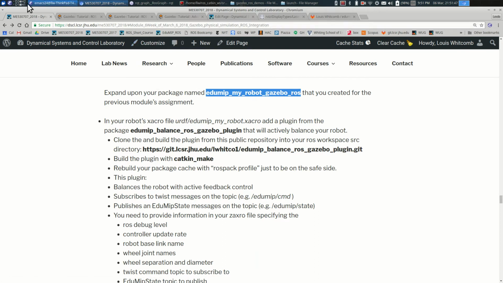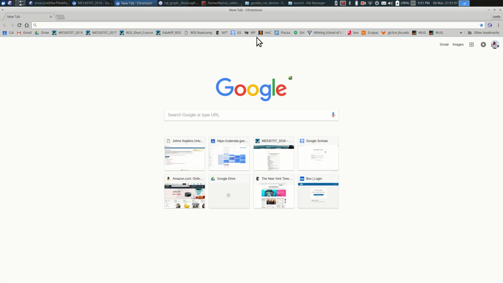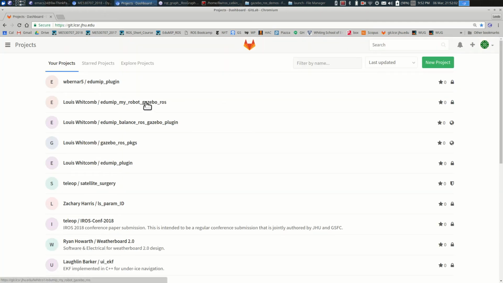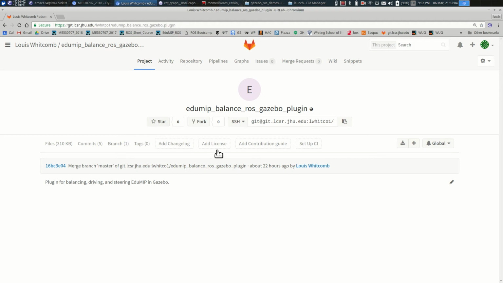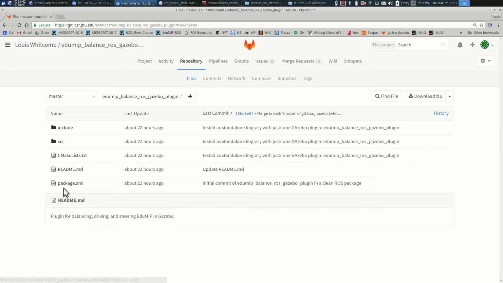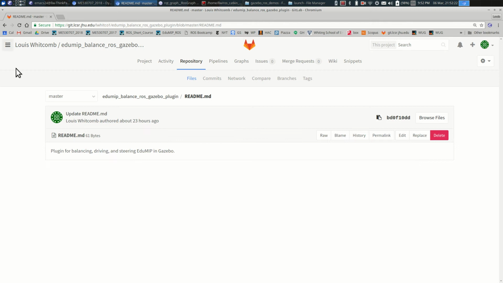I've provided for you a plugin which is called Edumint Balance Ross Gazebo Plugin. If you browse to git.lcsr.jhu.edu, here it is, Edumint Balance Ross Gazebo Plugin. You can clone it right now from this URL. It's a public repository. And the files in the repository, it's obviously got a CMake file and a readme.markdown,